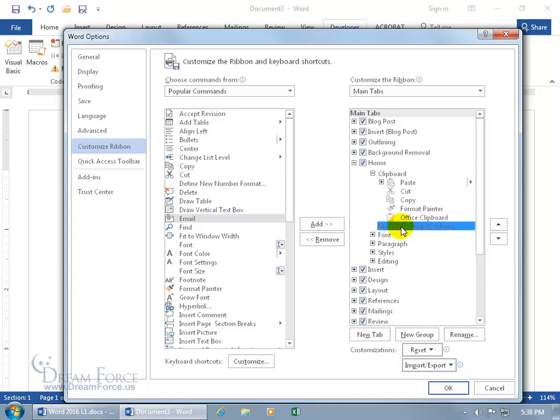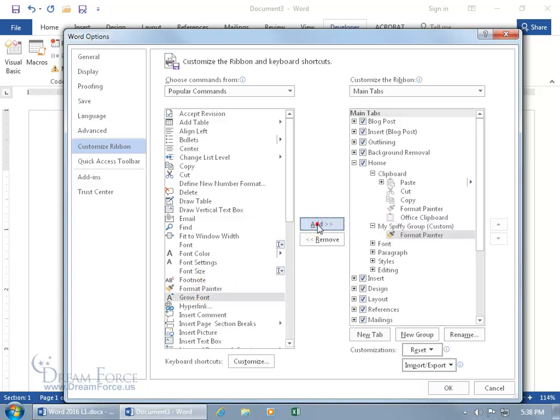Now with it selected, let's come over here and select a command and click Add. You can try to double-click, but that's not going to work, not when it comes to customizing the ribbon, adding commands to it. So we have to use the Add button. And then just go ahead and add a few, just so we've got something to look at. And then before we click OK, how about if we